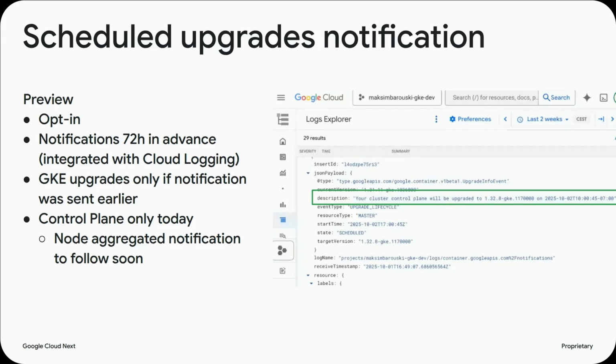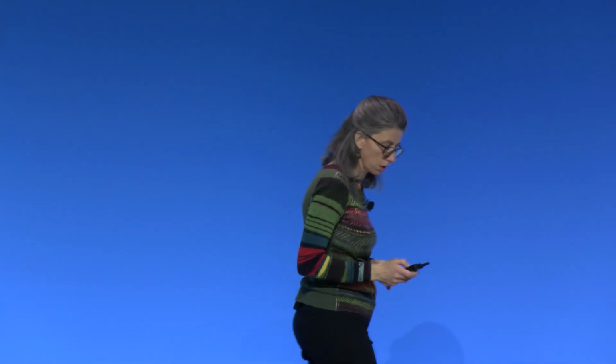So this is exactly what a scheduled upgrade notification is doing. It is opt-in, and again in preview, and you get a notification 72 hours in advance of the auto upgrade. Today it's available for the control plane only, but it's coming also for the nodes, which means if you wanted to know ahead of node auto upgrade, you can get that notification too.